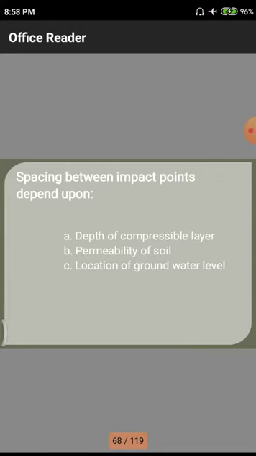Next one, location of the groundwater level. Before doing any project on a particular land, we need to have some data related to this groundwater level. Whenever we dig a bore on the particular soil, we have to review these conditions. There will definitely be an impact on the groundwater level, because if the groundwater level is very near to the surface, automatically the soil strata will be disturbed due to the flowing of groundwater near the structure. If the groundwater is very far from the structure, there is no problem for us.